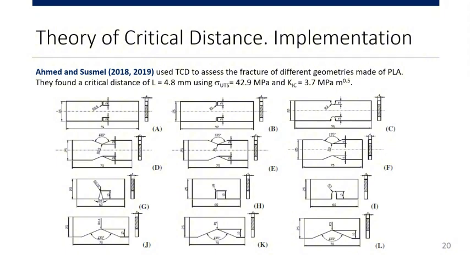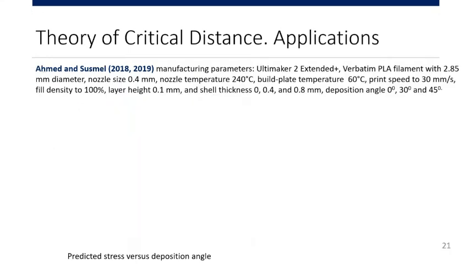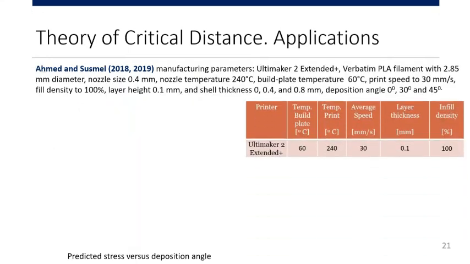So the first application of this method to additive manufacturing components was in some papers of Luca Susmel with some of his PhD students. They considered 12 different notched geometries loaded in tension or in bending. They used FDM to build with PLA filament. They used a nozzle temperature of 240 degrees, 60 degrees for the build plate, a layer thickness of 0.1 millimeters, 100% infill density, and